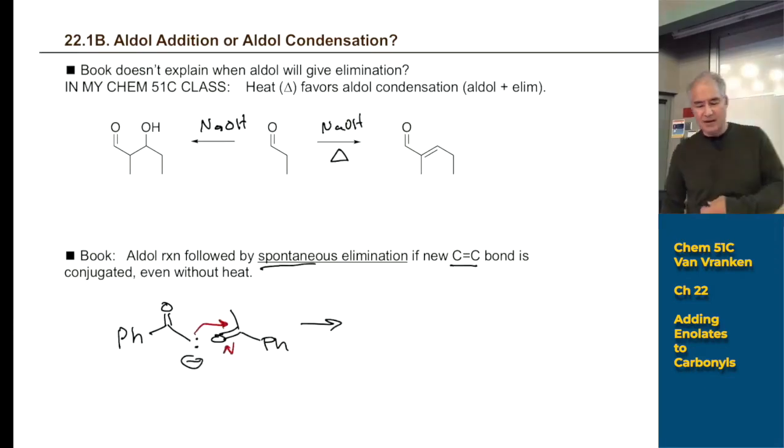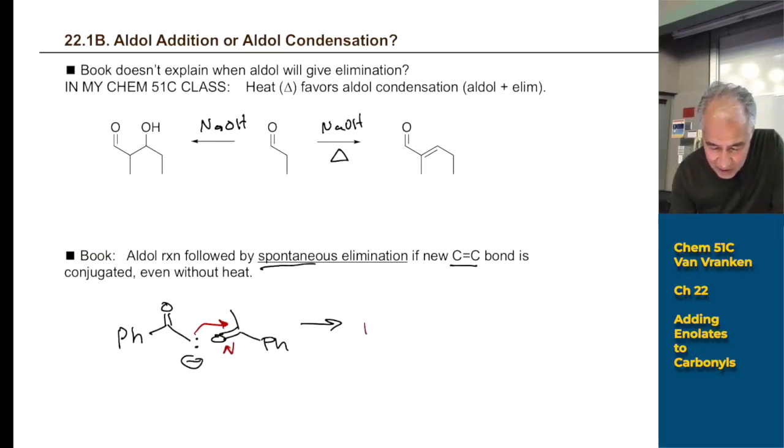This is why keto-enol tautomerism is not interesting under basic conditions. Nobody cares about enols when you start treating ketones with base. All of a sudden you're going to start getting aldol reactions, and that's the thing that your attention will be focused on. And so in the product that you get out of this reaction, even if you don't heat it,